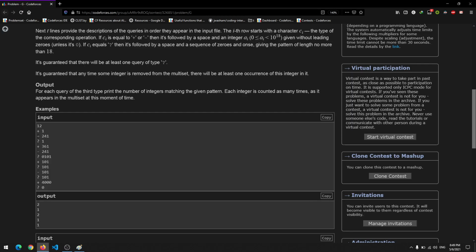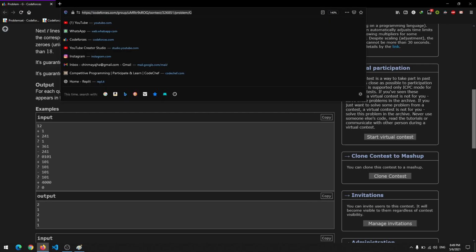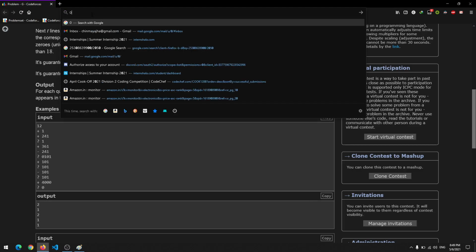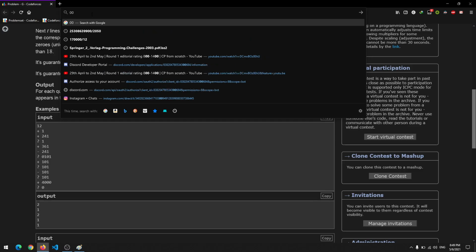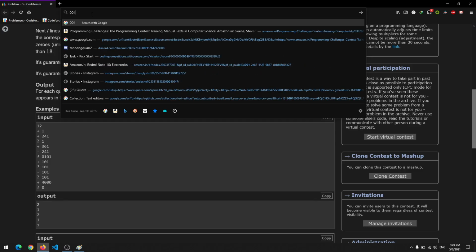We iterate over the number from the left or right, doesn't matter. We iterate from the left, divide each digit by 2, and store the remainder in a string. So 2 modulo 2 is 0, so we store 0. Then 4 modulo 2 is 0 again, and then 1 modulo 2 is 1. And then we convert this to int.